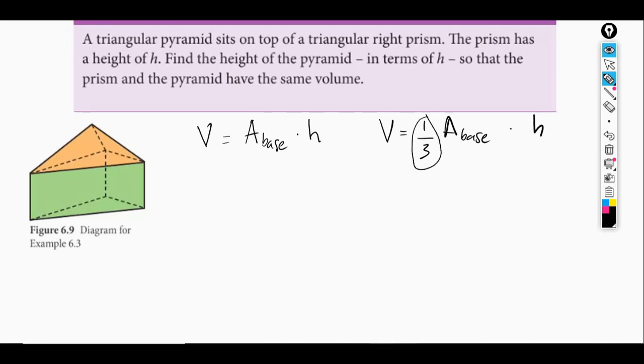What that means is that in order for these two volumes to be equal, you will need to have the pyramid with a height that is 3 times the height of the prism. So then we should write a 3 here, and then we could make these equal. So that would be the answer. It means that you would have to have a height of 3h for the pyramid in order for the volumes